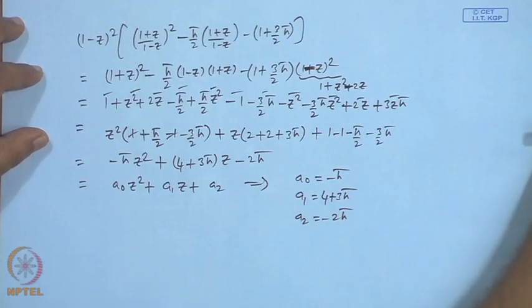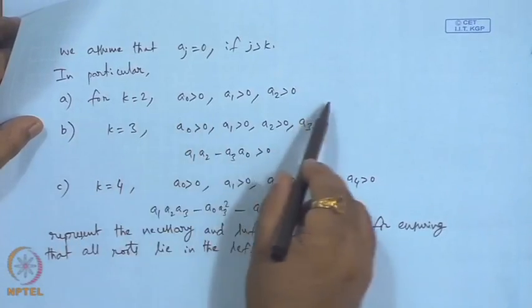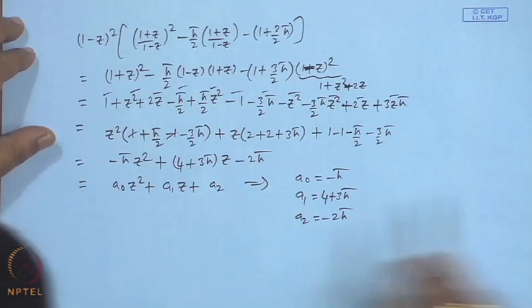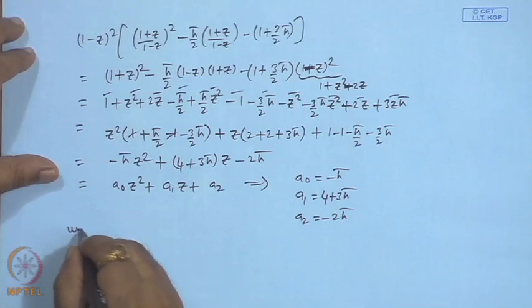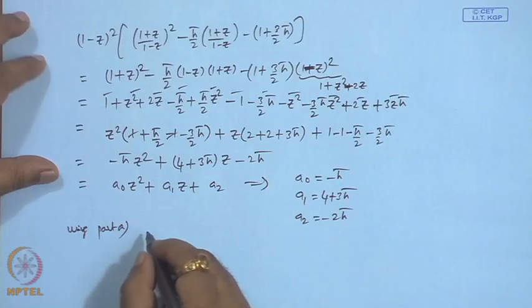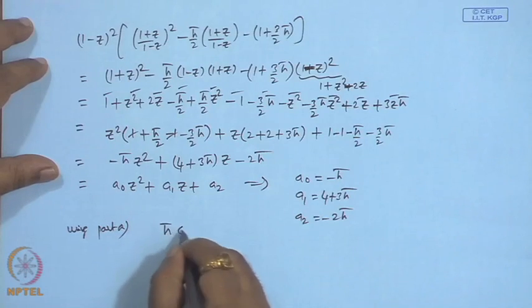So, now for k equals to, this is the necessary and sufficient condition. Accordingly, so using part A, we get h bar to be